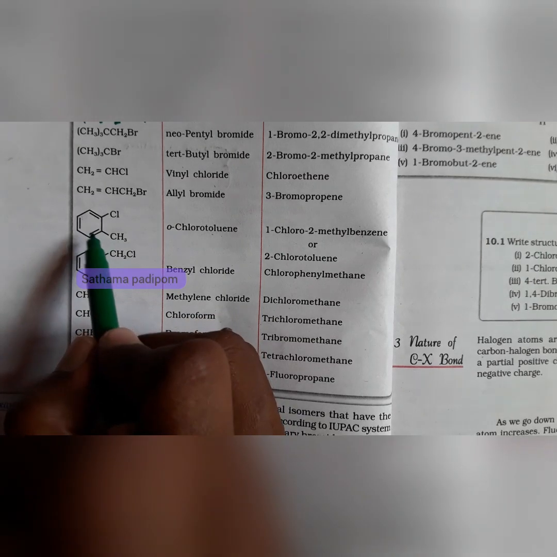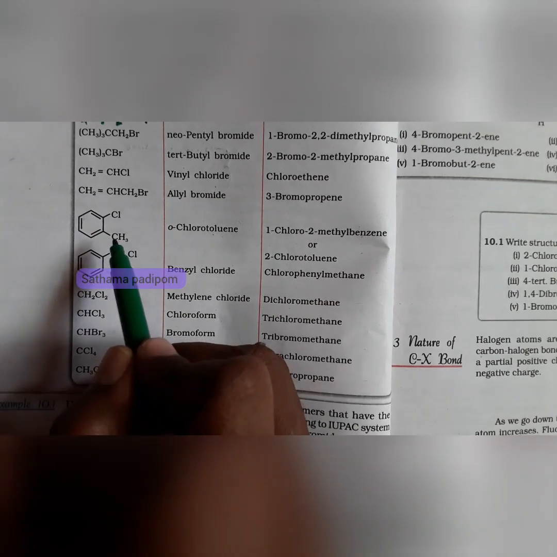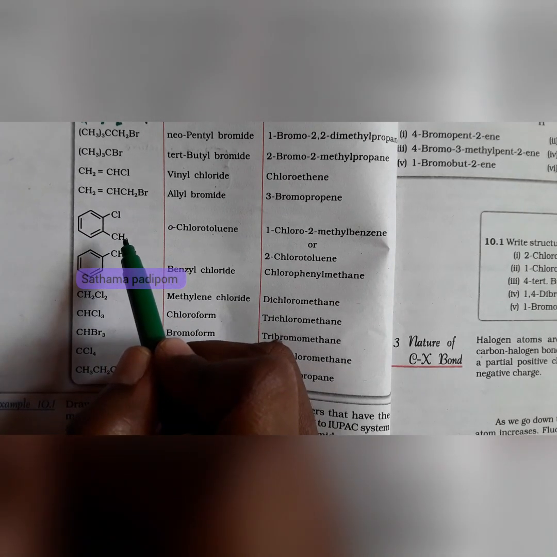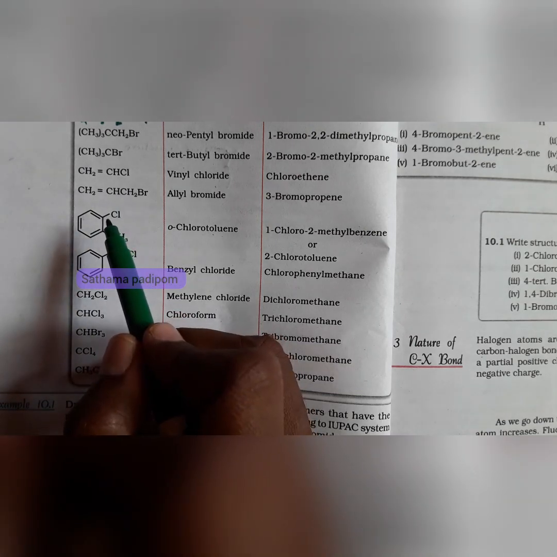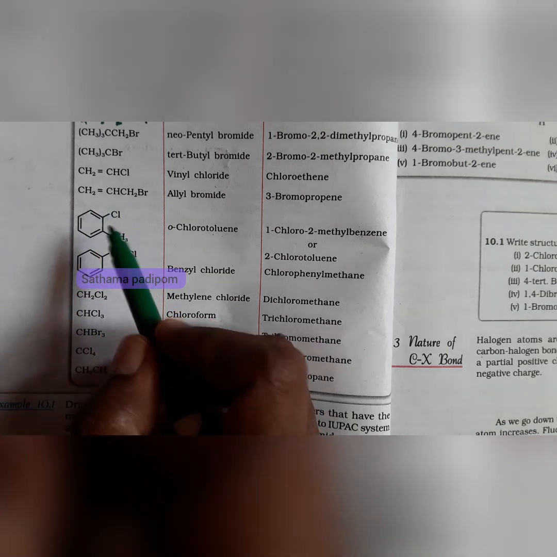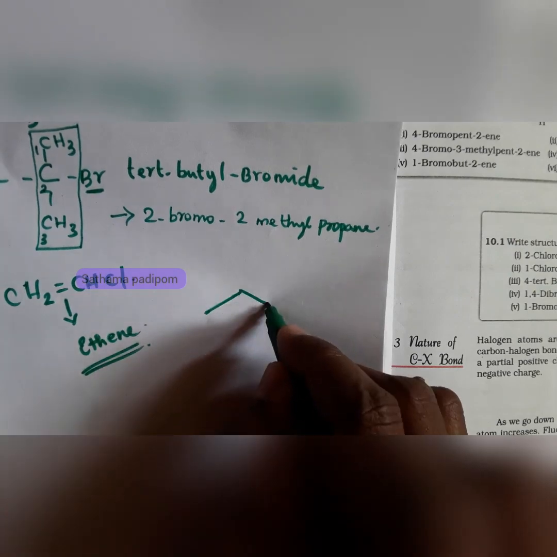Okay, next, come to the benzene ring. Benzene ring will have the methyl group and the chlorine group. There is a methyl group, and one halogen group. So now how are you going to give the name? In this ortho position, chlorine is there. So orthochlorotoluene. If there was only one methyl on the benzene ring, so look at that, benzene ring,